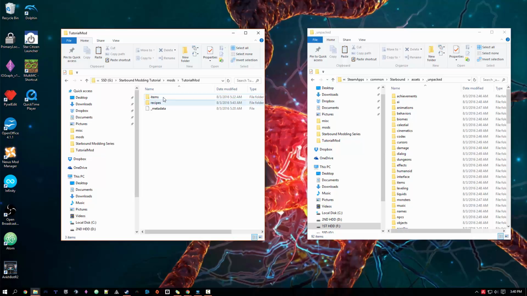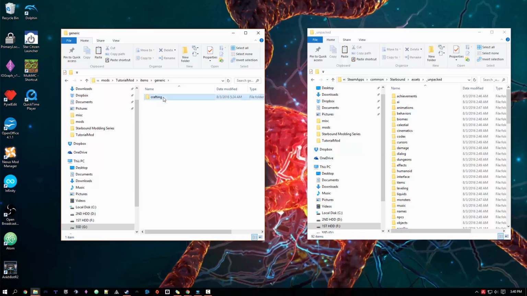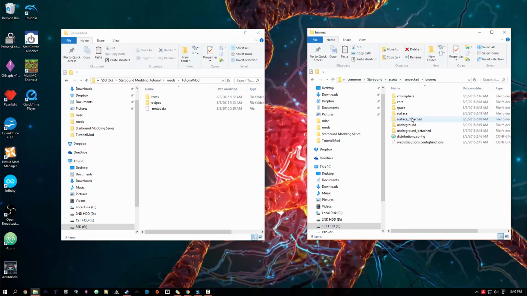Okay, so last episode we made our first items, which was tin ore and a tin bar. And this is fine and dandy, except there's absolutely no way to get tin ore without spawning it in through an admin command. So we want to add it into the world so it generates like any other ore in the game. Well, the way to do that is we have to come over here, and there are two different files we want. First one's going to be in the biomes folder, and it's going to be this ore distributions.config